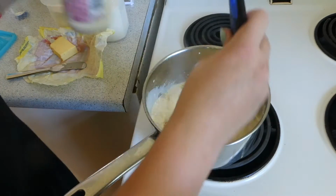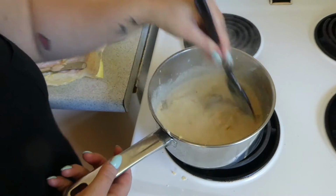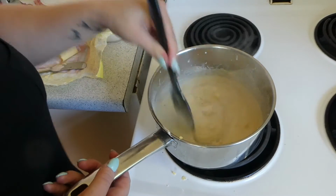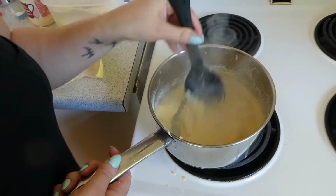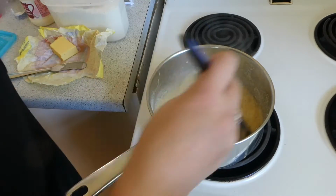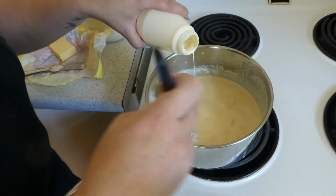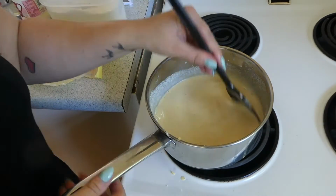Throwing some in there. Gosh, it's bloody hot. You want enough cream to cover the bottom because you want to make it into a paste. But see, you want to pour it in slowly. That was probably a really horrific pour, but you can see how it's thickening up quite a lot. So when it's thick like this, it means you need to add some more cream. I'm just going to do it slowly like this, adding some more cream to get it to that kind of